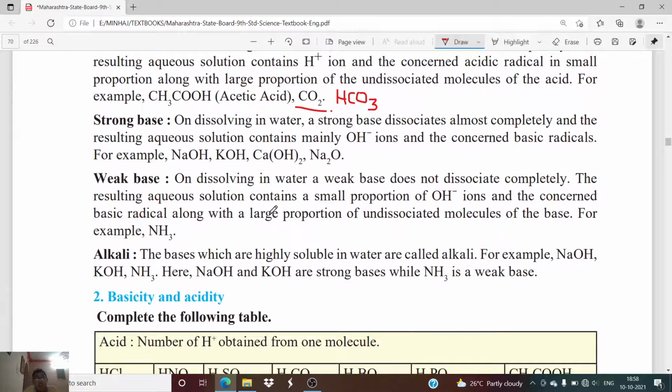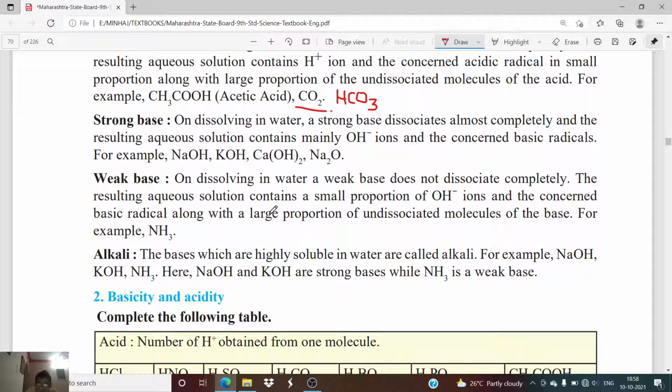Now let us see the definition of strong base. On dissolving in water, a strong base dissociates almost completely and the resulting aqueous solution contains mainly OH minus ions and the concerned basic radicals, for example NaOH, KOH, Ca(OH)2 and Na2O. Okay, so any